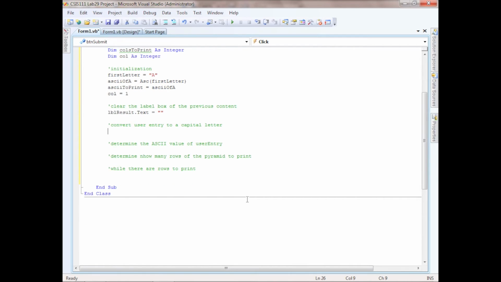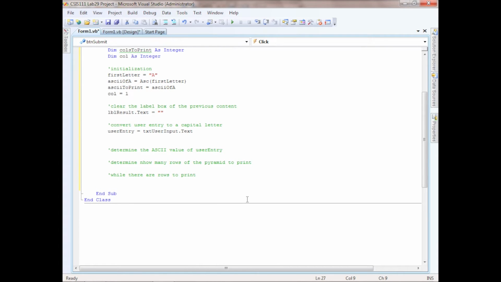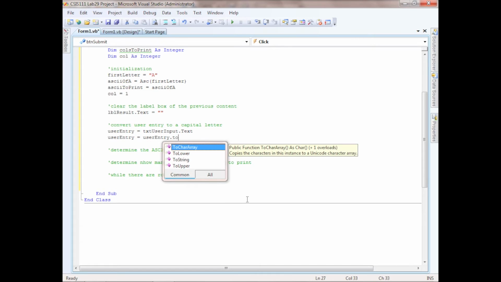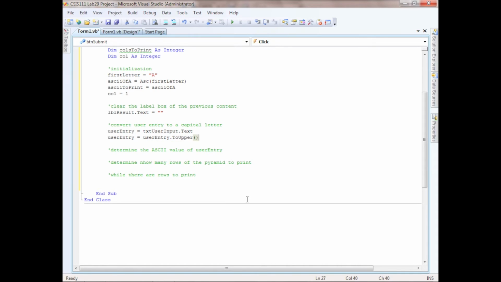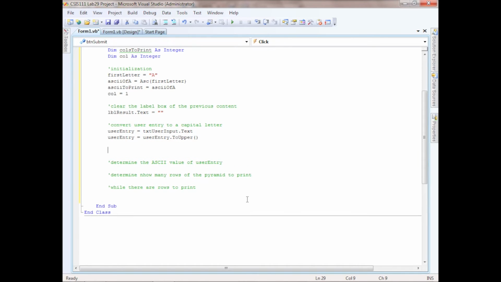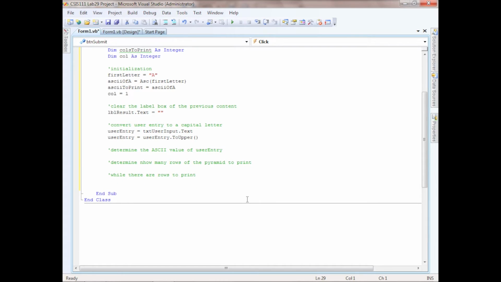Now let's convert the user's entry to a capital letter. Well, that's pretty easy. What we're simply going to do is user entry is going to equal whatever the text box text is. So now that we've obtained that information, let's make sure that it's in uppercase. To do that, we'll just simply say user entry dot to upper, open and close parentheses. So this will verify that the user's entry has been converted to uppercase in case they